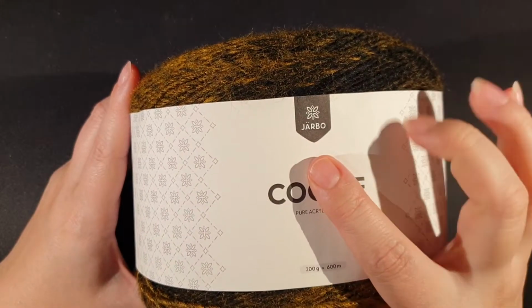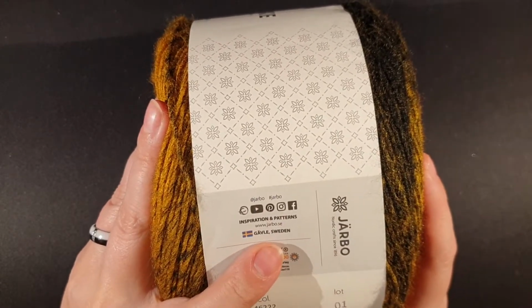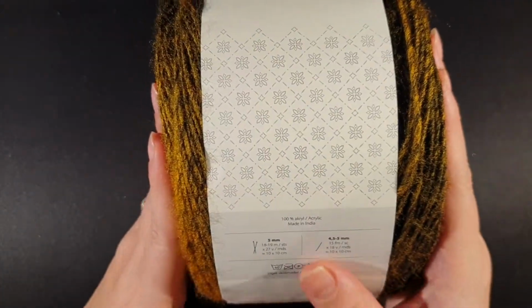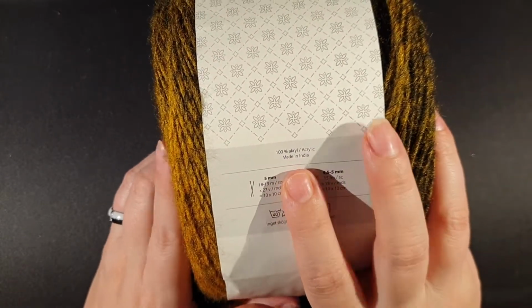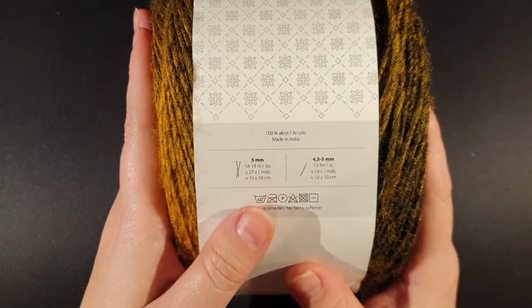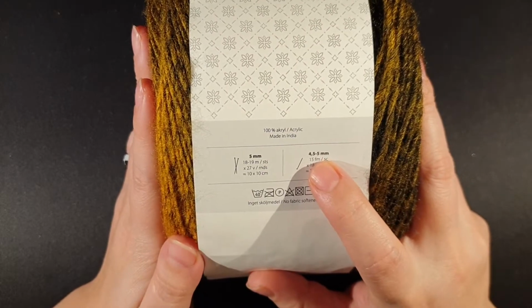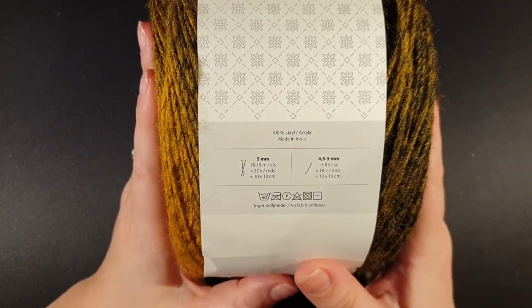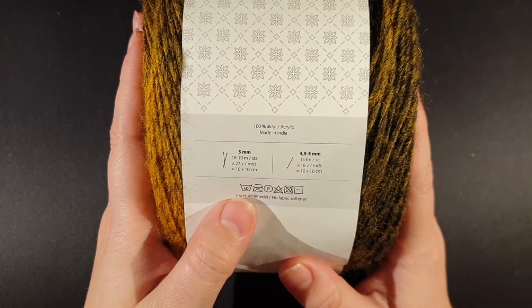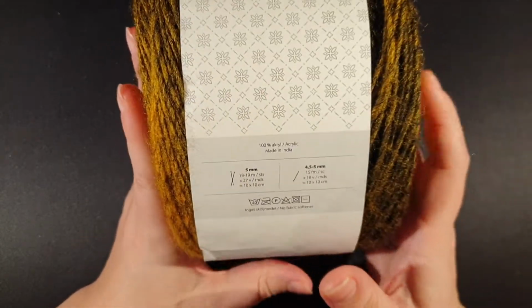Cookie is made by a company called Järbo. That company is a Swedish company, so I'm guessing they are the ones designing the yarn, because it's made in India, and it's 100% acrylic yarn. Recommended knitting needles are 5 millimeters, and the recommended crochet hook is 4.5 to 5 millimeters. It's washable at a fairly low temperature, 40 degrees Celsius, no tumble dry, and no fabric softener. So lay flat to dry